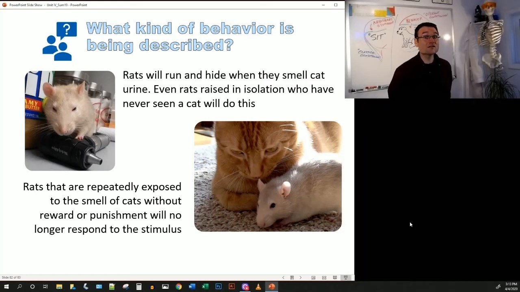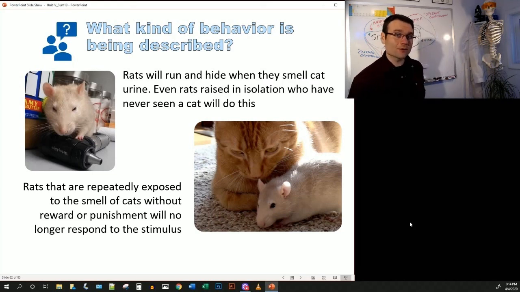The behavior is habituation. They are losing their association. He is losing his fear response. The cat's losing its hunting response. They are uncoupling those things in time. So that's a habituation response.